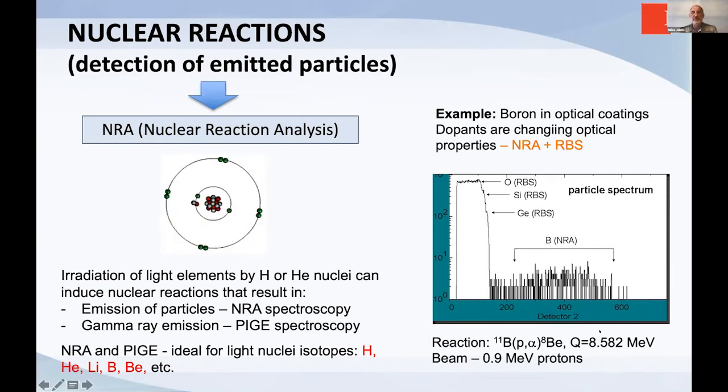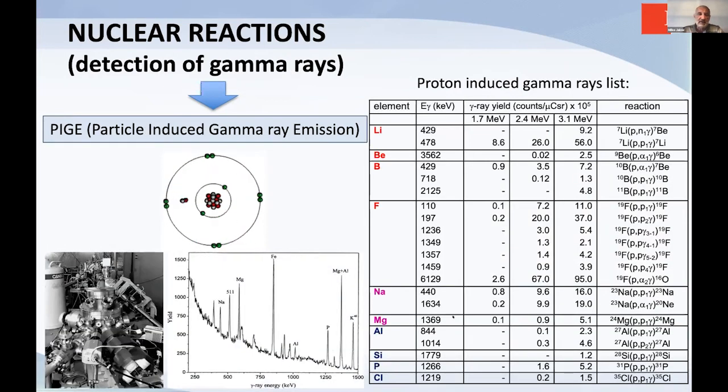So this is one example of analysis for boron. A proton beam was used, and a very low concentration of boron was found in some optical fibers. And all this contribution at several MeV of energy came from the nuclear reactions. This technique can be very useful, for instance, for analysis even of hydrogen, or for depth profiling in some materials. Concerning the gamma rays, typically we use a germanium detector close to the chamber, and we have